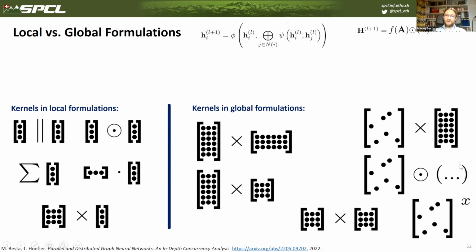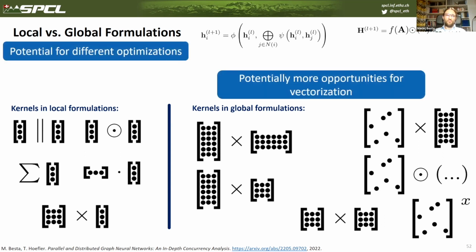And now it looks like these computations are actually different in the context of these details. This is really the case because they would now come with potential for different optimizations. The global formulations come with potentially more opportunities for vectorization, right? Because we have basically more numbers we could try to vectorize. Dimensions are bigger in many cases, which is why we could apply vectorization probably more often and more successfully than